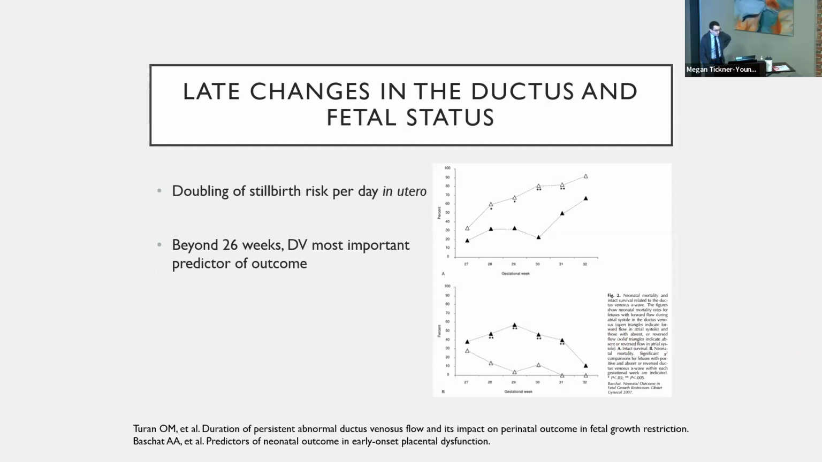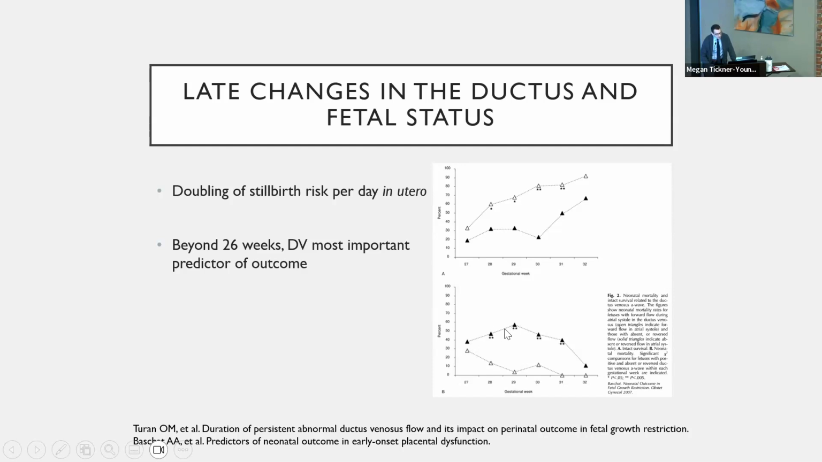And when you pass 26 weeks, one of the only significant predictors of neonatal mortality is the ductus venosus. There's also a high risk at this point that your fetal pH is less than 7.2. It's such a challenging balance because gestational age is really one of the most important factors in neonatal outcomes with early onset growth restriction. And here you can see with your filled in triangles here,